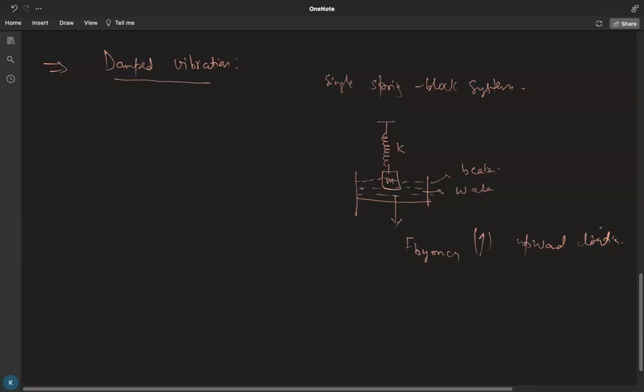Let me recall again. मैंने बस क्या किया कि इस स्प्रिंग ब्लॉक सिस्टम को मास एम, एम एक बीकर में पानी डाल के उसमें रख दिया। तो अब क्या हो रही है कि जो वाटर है, जो फ्लूइड है, वो एक्चुअली हमें पता है कि वर्टिकली अपवर्ड डायरेक्शन में एक फोर्स लगा रहा होता है, जिसको बाइनेंसी फोर्स भी कहते हैं। तो अब तो हमारे सिस्टम में क्या है कि देयर इज एन एक्सटर्नल फोर्स विच एक्चुअली अफेक्ट आवर